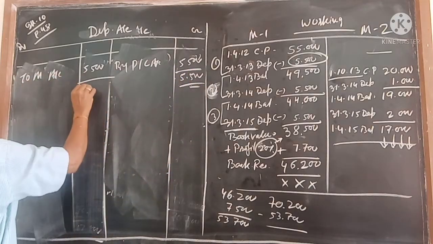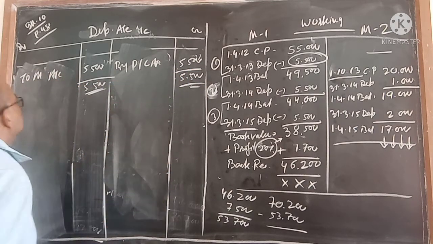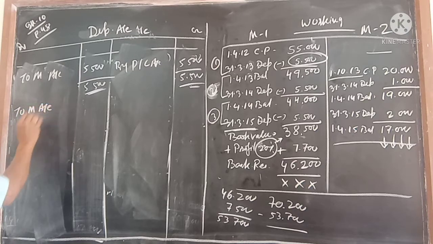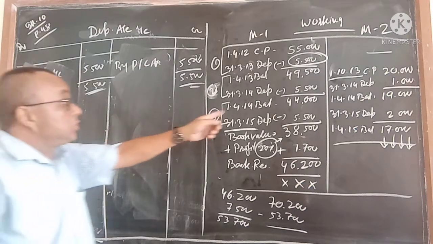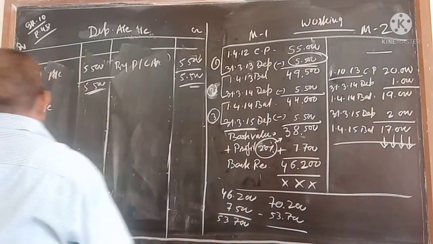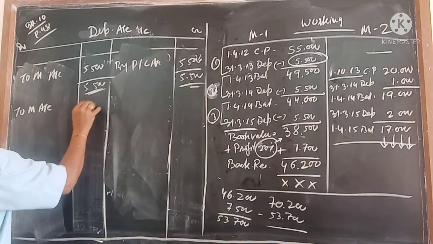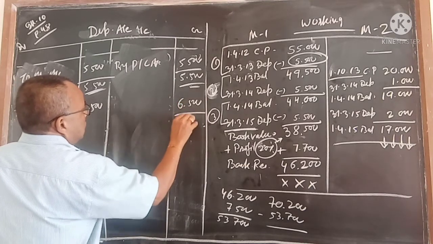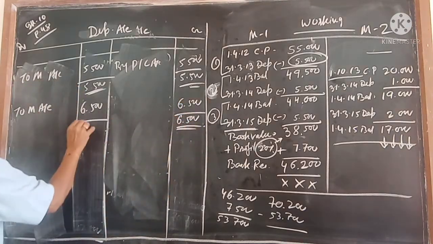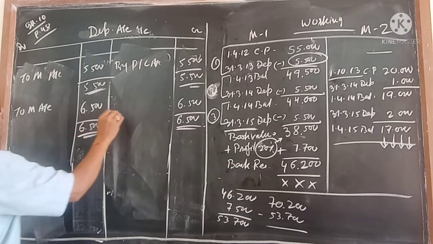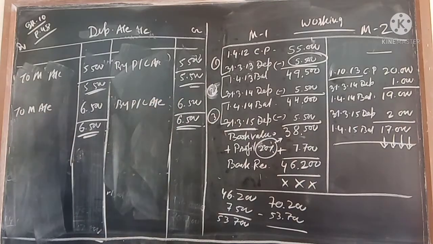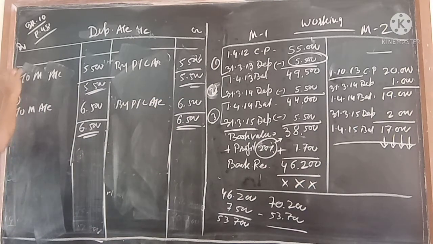But first year you write. Second year, this is first year. Date you write. Second year, depreciation account debit to machinery account. Here how much you write? 5500 plus 1000, 6500. Here also you write 6500. You will make it a total 6,500. Here also you will make it a total 6,500, and here you write by profit and loss account. Over. Second year. This is first year.